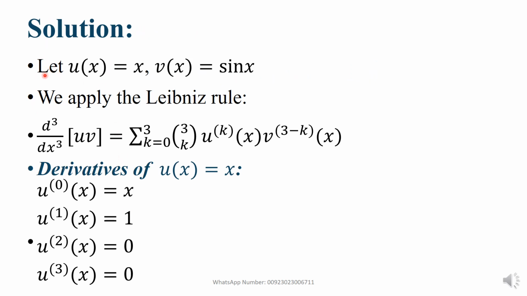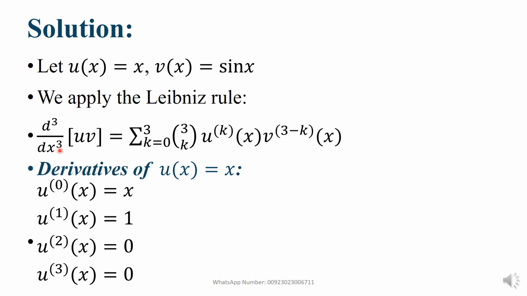Solution: let u(x) equal to x, v(x) equal to sin x. According to your question, we get the u dot v formula. We apply the Leibniz rule d power 3 upon dx power 3 of uv, because the question asks for the third derivative,